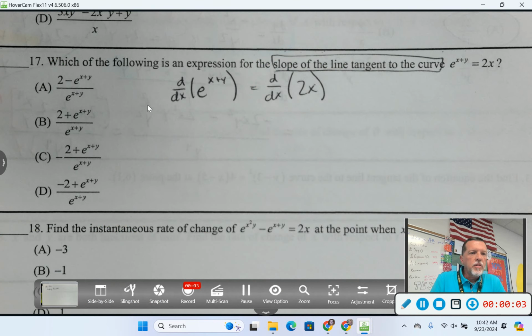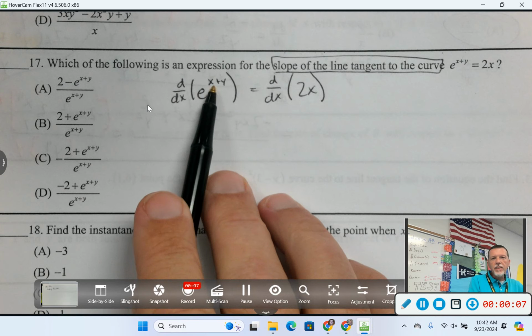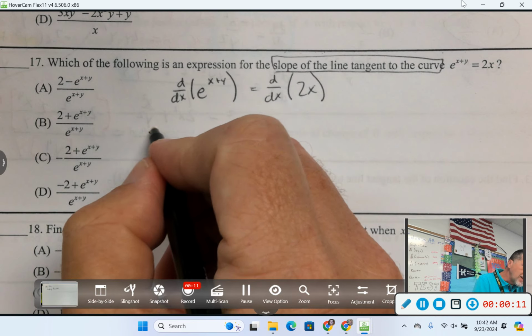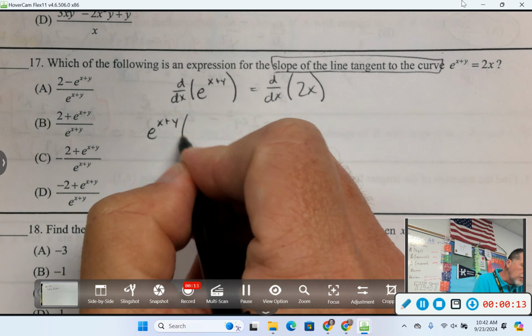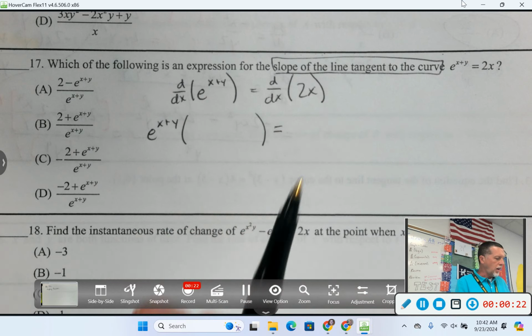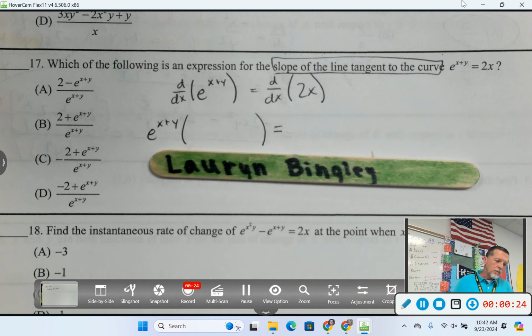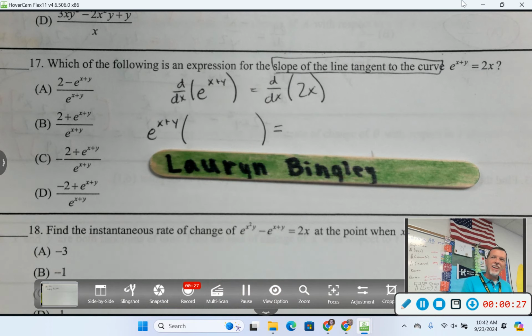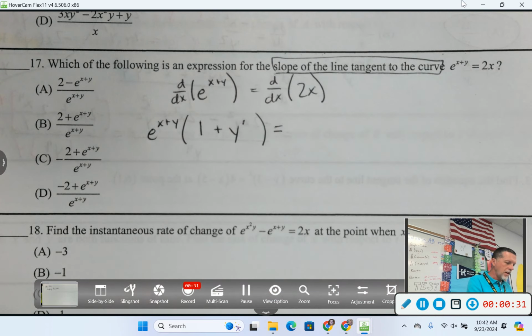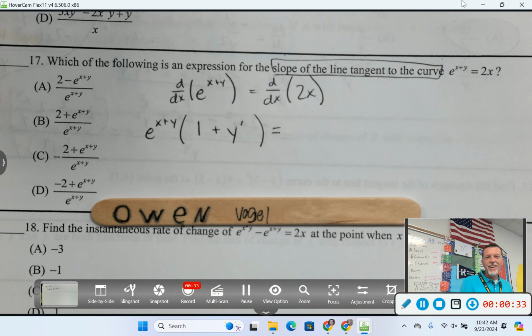Alright, looking at number 17 on worksheet 1, derivative of e to the x plus y. Right, derivative of e to anything is e to the thing, so e to the x plus y. And then product rule, I need to multiply by the derivative of x plus y. So, Lauren, what's the derivative of x plus y? 1 plus y prime. Good, 1 plus y prime. Thank you. And then on the other side,